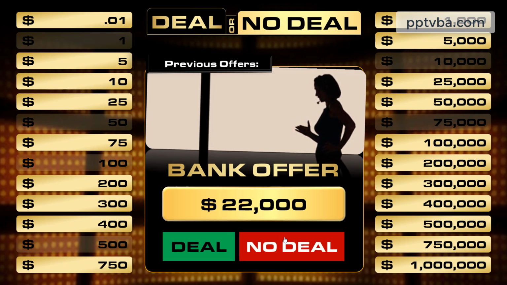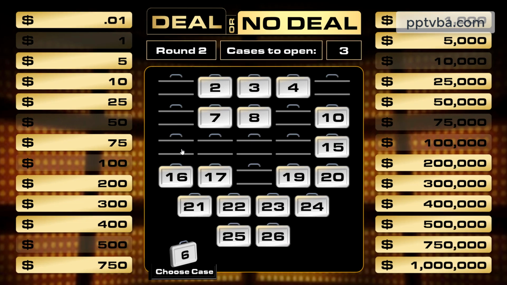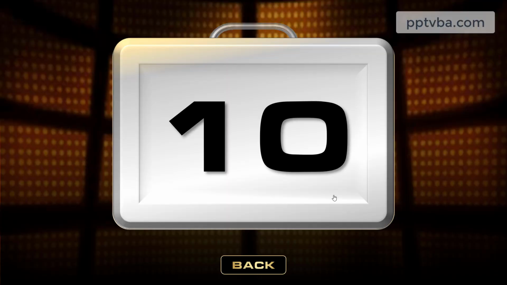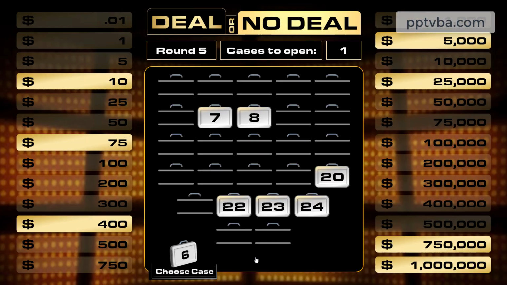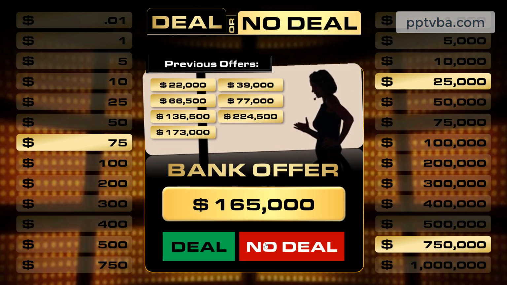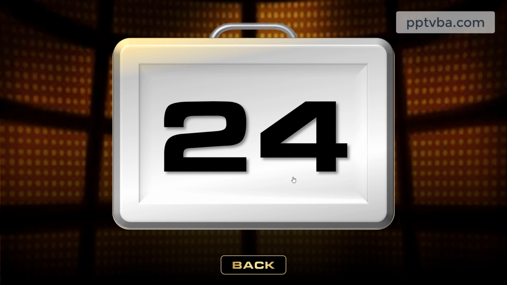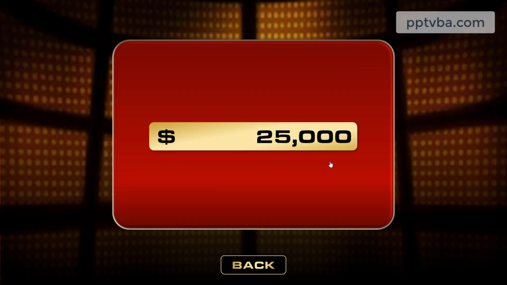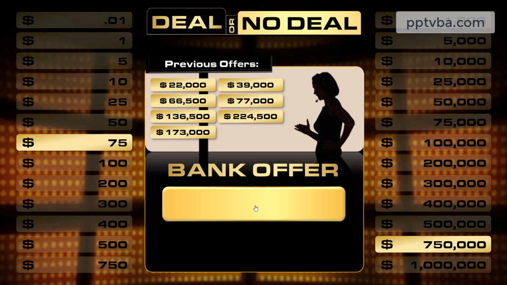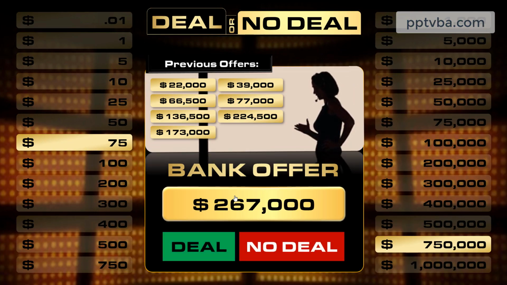The bank offers you 22,000, you say no deal, and you proceed for the remaining rounds, which again I'll be fast forwarding. So at the end of all of these, when you've eliminated, I think you'll be in round 9, you need to eliminate one of the cases, and let's hope it's 75 or 25,000 and not the 750. Perfect. Now the bank offers you a lot of money, and any sane person would be willing to take